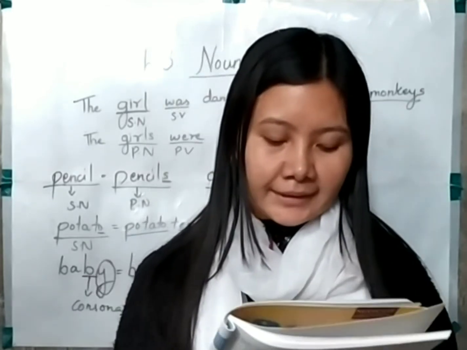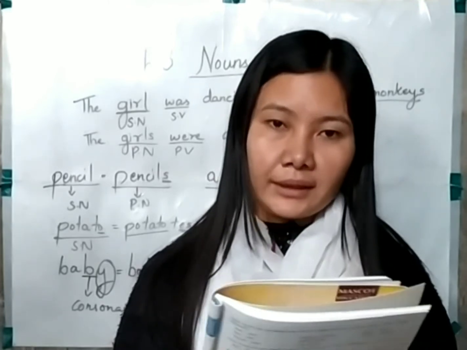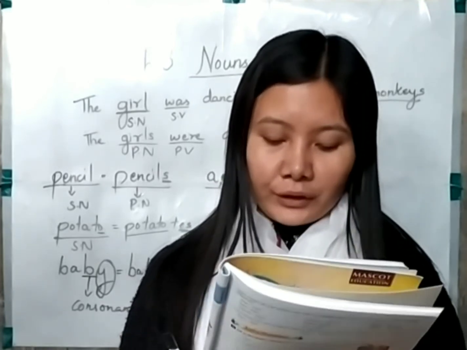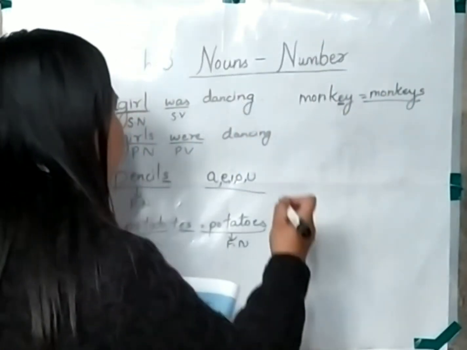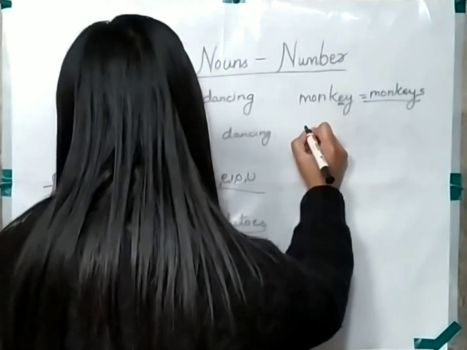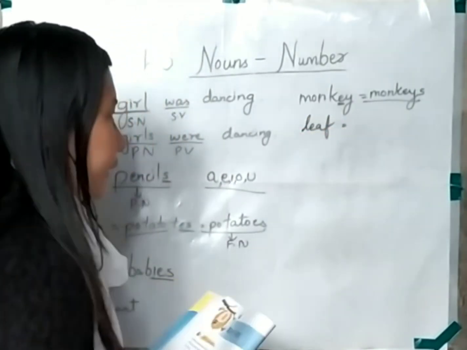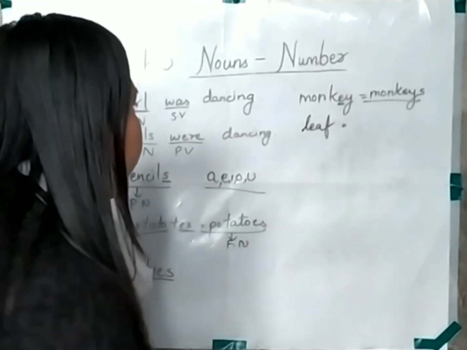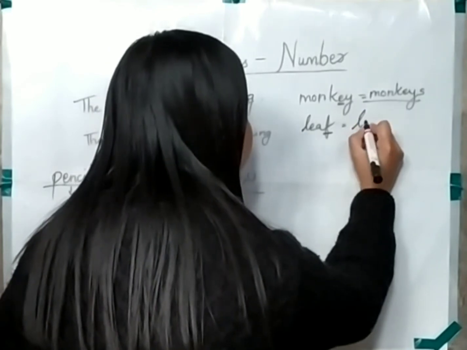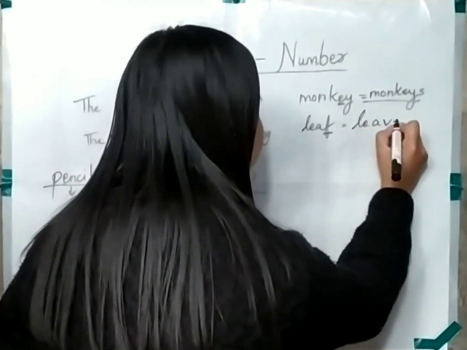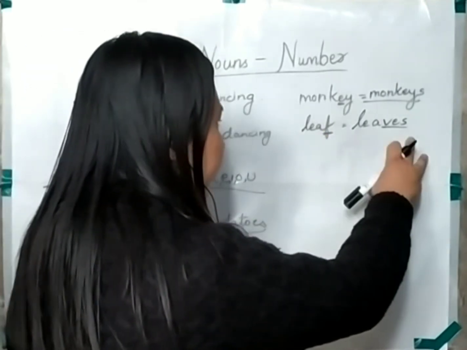In the next rule we can see some nouns end in f or fe. Yes, that's true. Some of the nouns end in f or fe. We change f or fe into ves in their plural form. So if I write the word, let's take leaf. In such a case, how do we form its plural? We take this f and change it into ves, leaving lea and ves. So f needs to be replaced with ves.